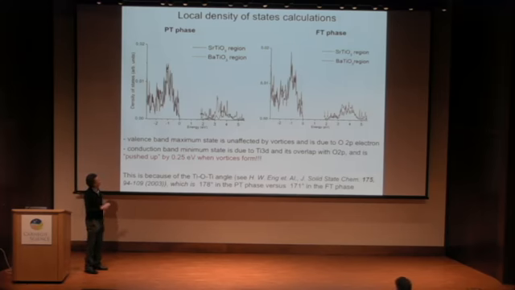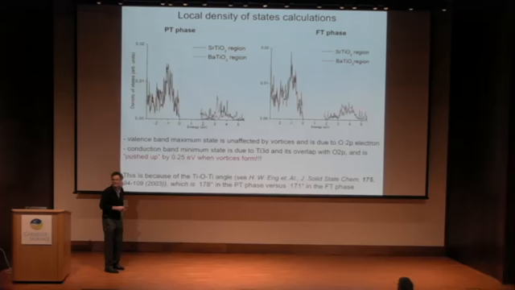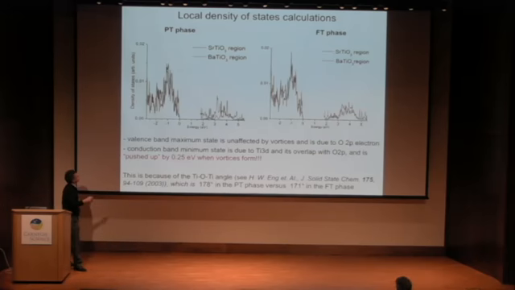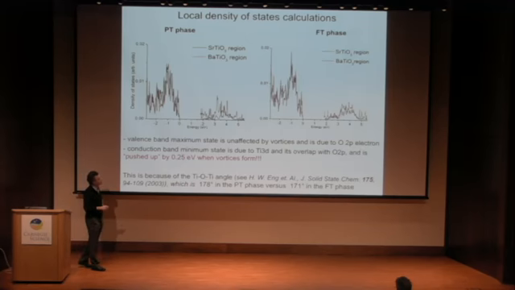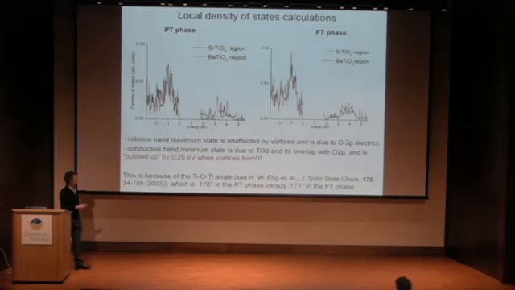Okay? And what I forgot to tell you is that the black line is the STO region, and the dashed red line is in the barium titanate nanowires. So no effect on the valence band. If you look at the conduction band minimum, we know it's due to hybridization between mostly titanium 3d and oxygen 2p. And you see, in fact, when vortex forms, when you go from here to here, the conduction band edge is pushed up. Okay? So when vortex forms, it's pushed up by quite a significant amount, 0.25 electron volt.